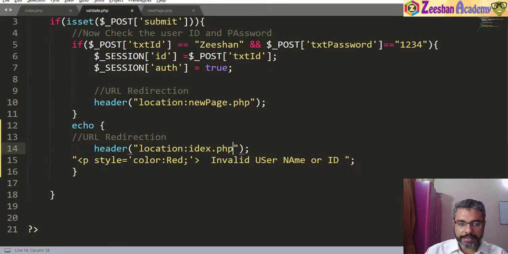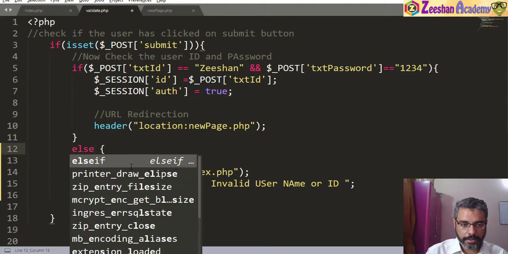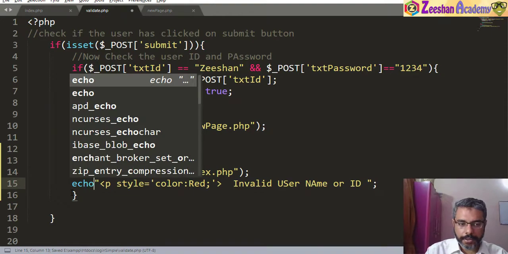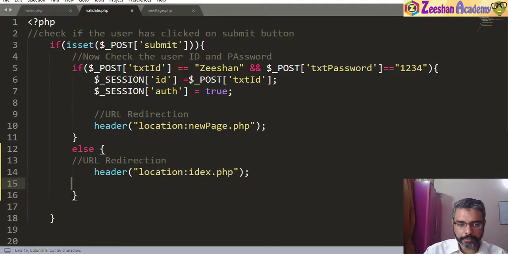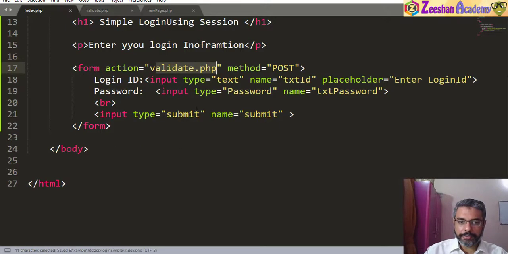Now, what happens is that I can use an else instead. If, else, save, and echo would come here. I think this echo would not be representing now. Undo, semicolon, and index.php. Okay, so now if I come back into my index page and click on submit,